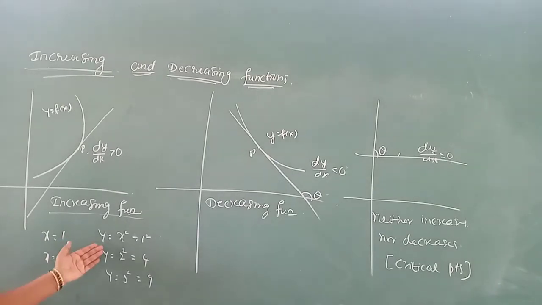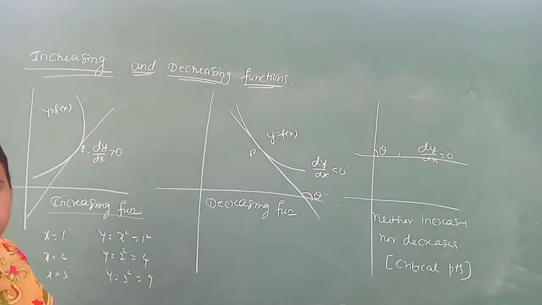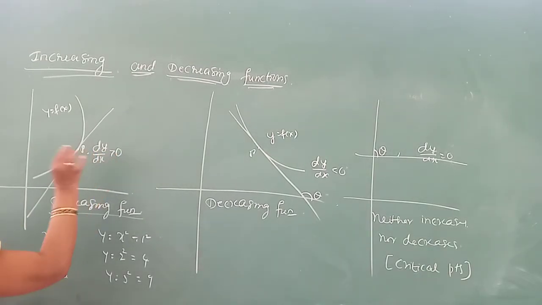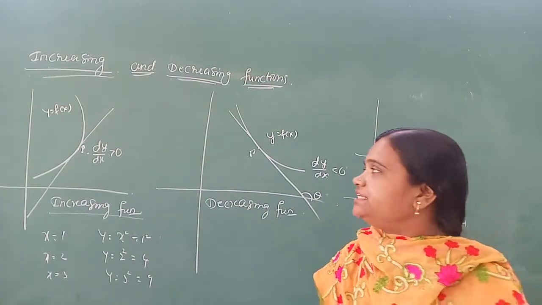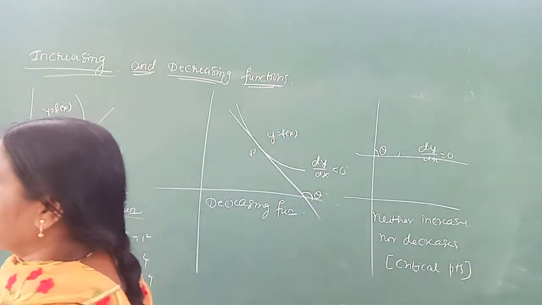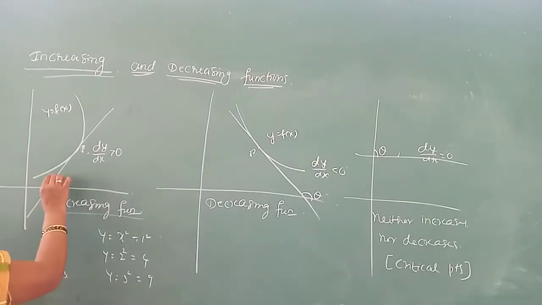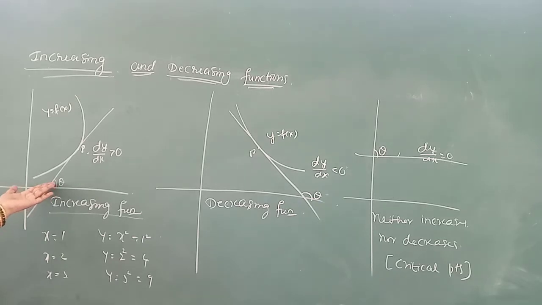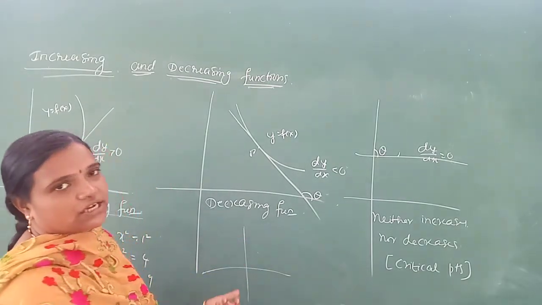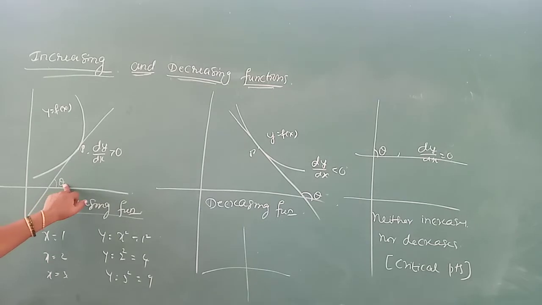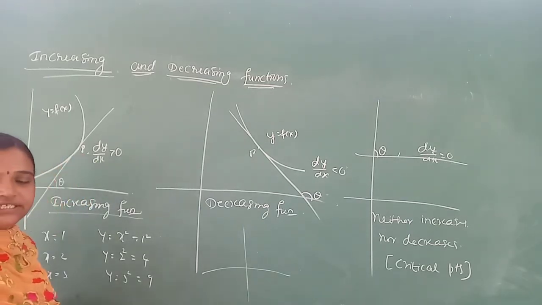If you want, you can do dy by dx. What will you get? It is positive. In this case, dy by dx is positive, means dy by dx is greater than 0. And by seeing the angle, you can also say that theta is less than 90. It lies in the first quadrant, where all are positive. Means if theta is acute, we can say that dy by dx is positive.